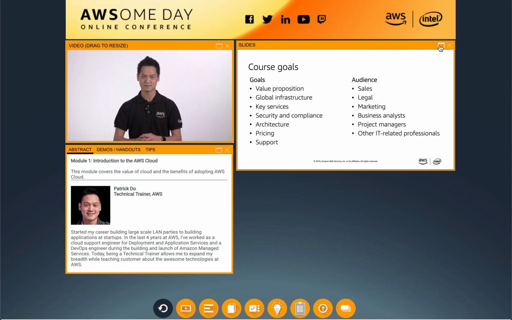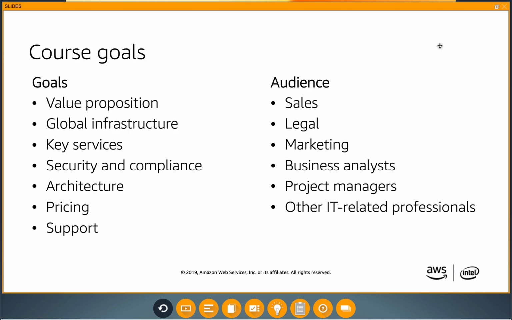What are the core goals, and what are we going to cover today? The concept of the cloud, or value proposition of why organizations are moving to and using the cloud. What the cloud is. It's not a magical place in the sky that you run infrastructure. The cloud is still data centers and infrastructure that we've all known and has been around. The difference is that instead of building and maintaining this resource, cloud providers like AWS maintain and provide these resources